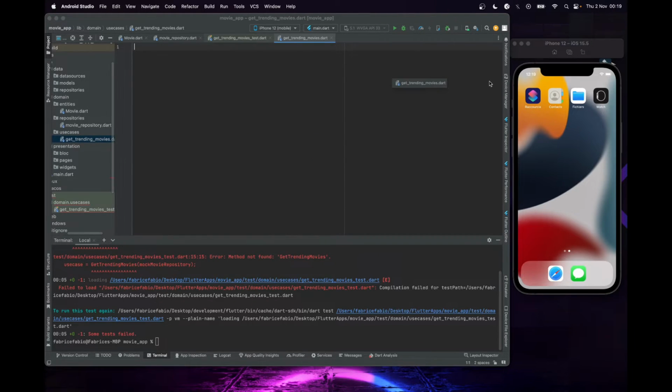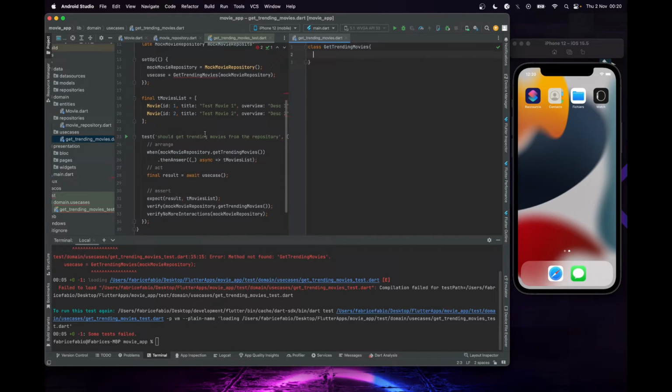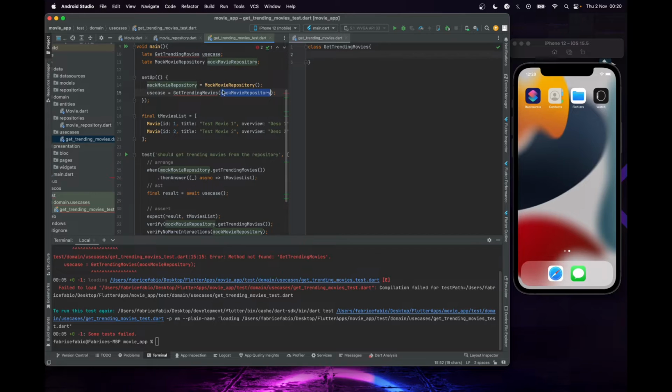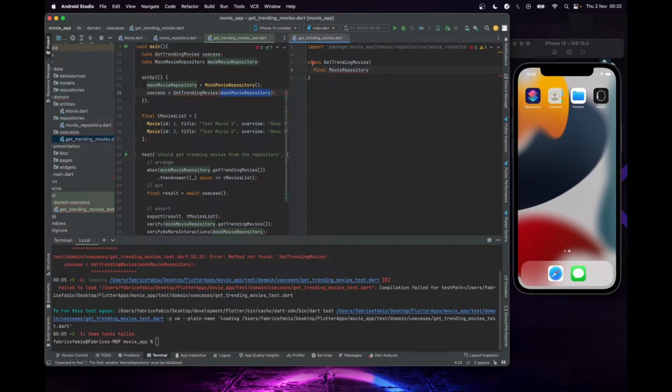And for this one, I'm going to create the GetTrendingMovie class, and it's going to call the repository. Final, and initialize. We need to create a constructor here,